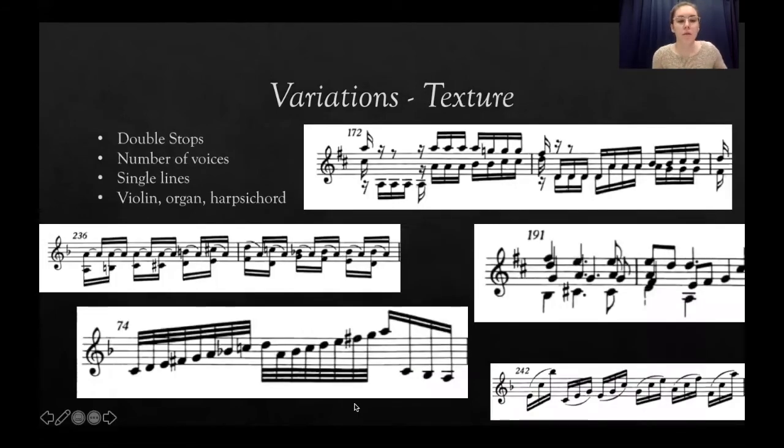So Bach uses a variety of textures throughout this piece to give it some variety. So we have double stops, where the violinist plays multiple notes at the same time, and even within the double stops there's a huge variety of textures you can get with the different numbers of voices in the harmony. So here sometimes double stops are just two voices at a time, or at times it can be three voices altogether, although this is still two, I guess. But then finally, you can have four notes at a time, and this gets a little tricky to play, but it's a very impressive sound and a much different texture.